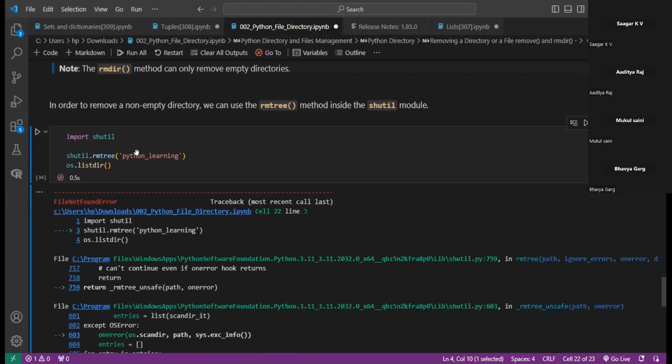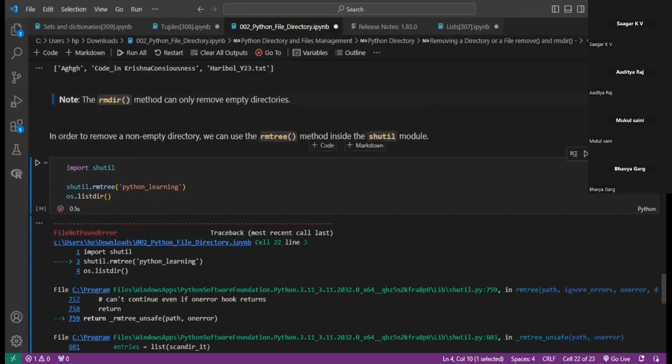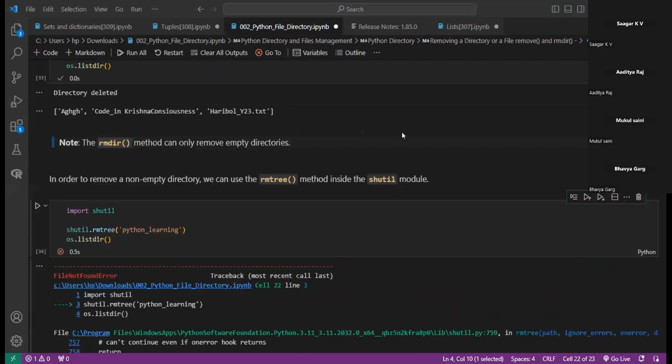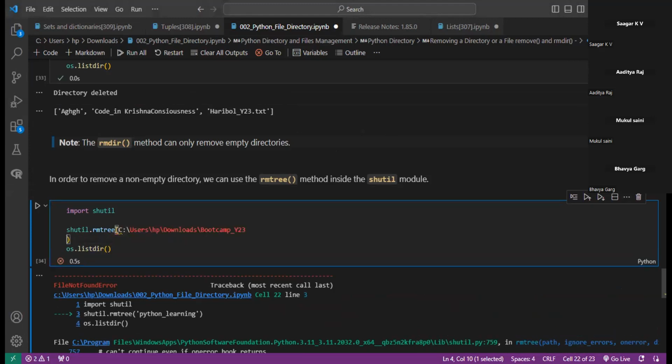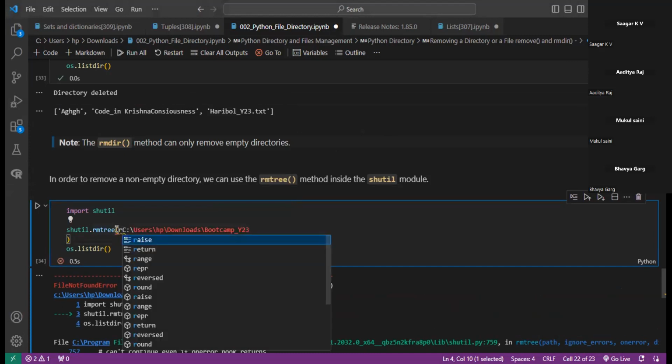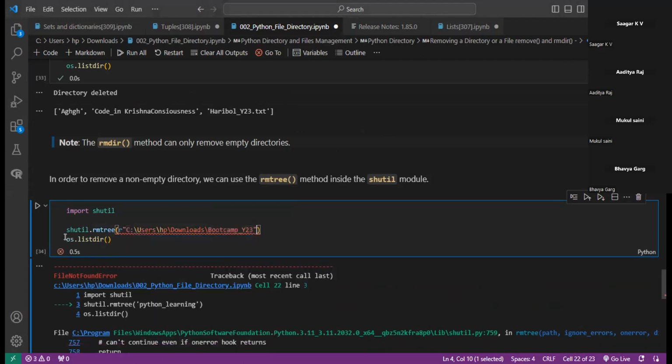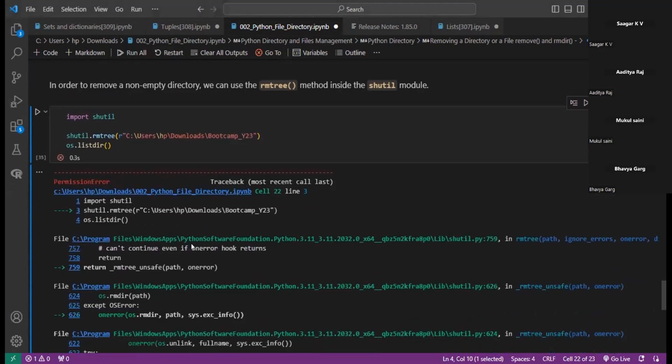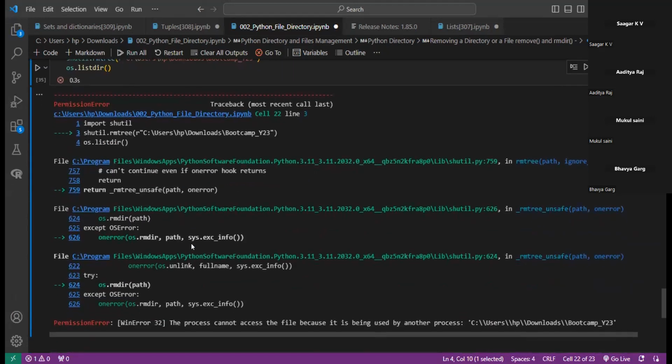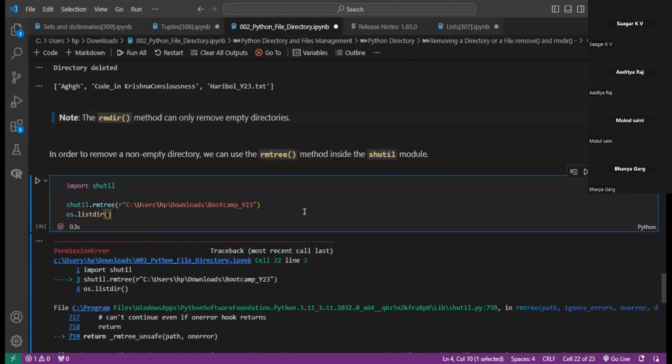एरर इस वजह से है क्योंकि ये पहले ही डिलीट हो चुकी है। सो लेट मी डिलीट द bootcamp directory. ओके, इसके अंदर कुछ दिक्कत है, लेकिन जनरली जो RMDIR यूज़ होता है वो उन डायरेक्टरीज़ को हटाने के लिए होता है जो एम्प्टी होती हैं।